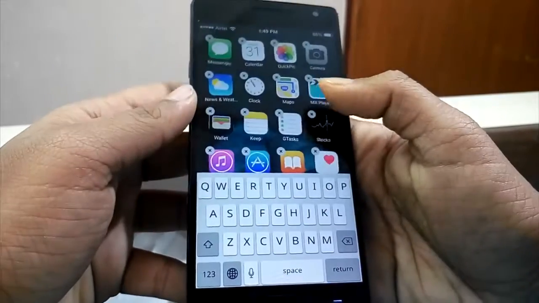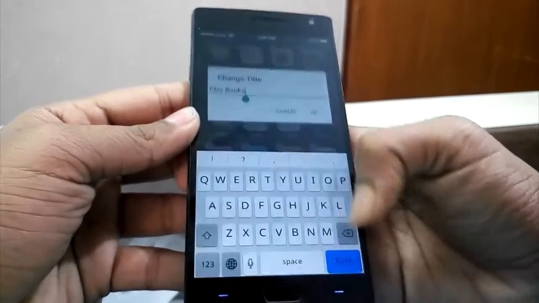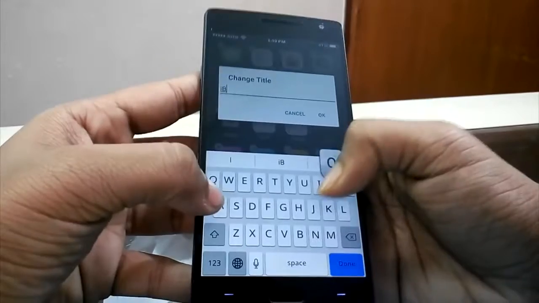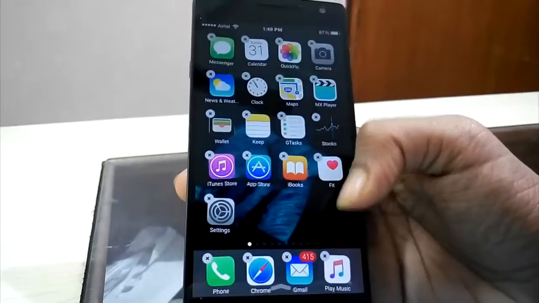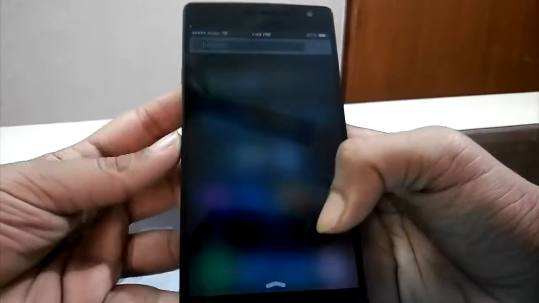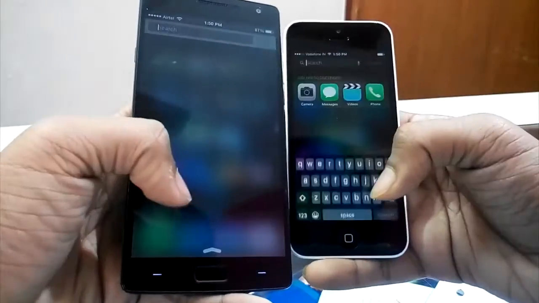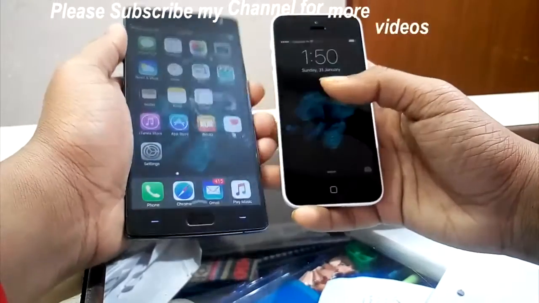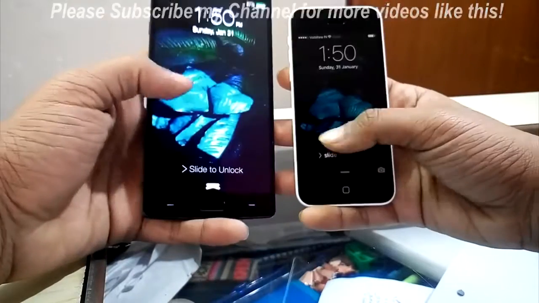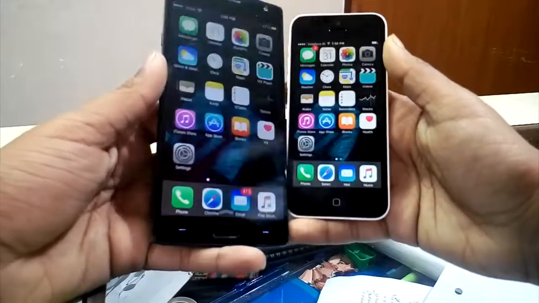And now for the last, go to Play Books, hit on it, change the title and change it to iBooks. If you want to know the names of the other apps, you can pause the video where I'm showing the home screen of my iPhone and get to know all the apps over there. You can do the same with all the others, and if you slide down, you'll get that same feature of the iPhone, the search option. Just you won't get the transparent keyboard, so you'll have to stay with the white one. I was very happy with the lock screen, and the same way the apps are flashed.